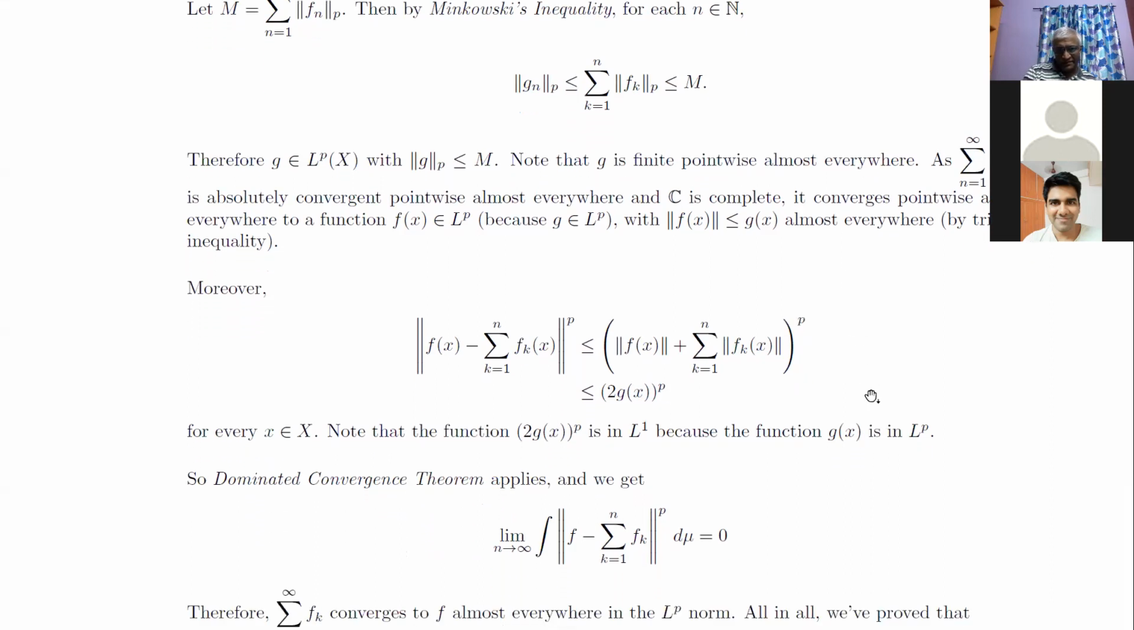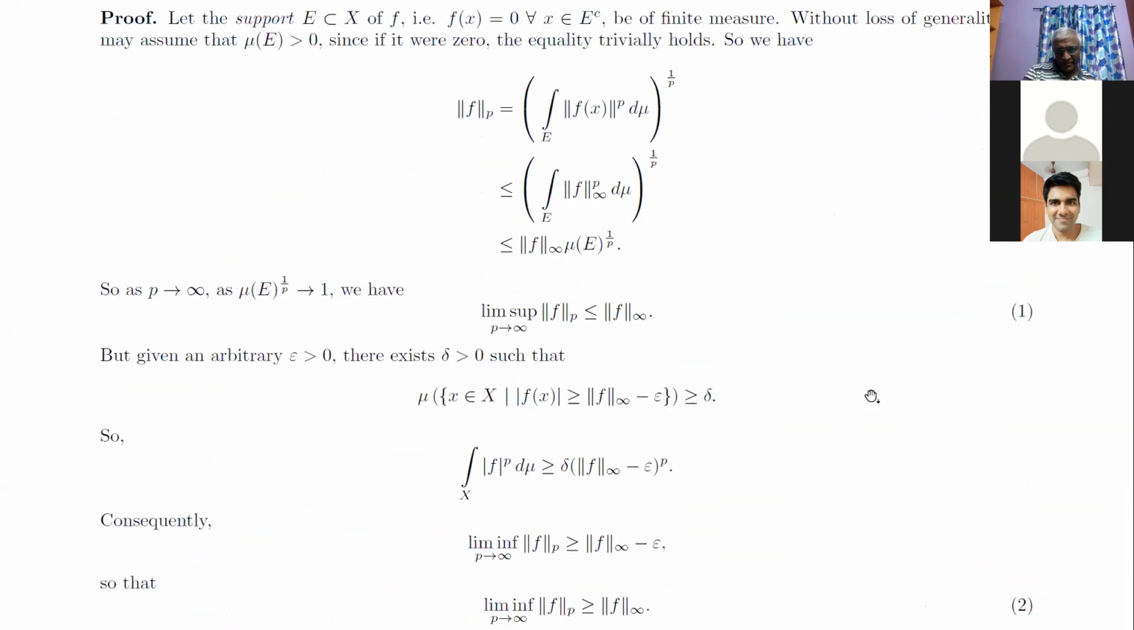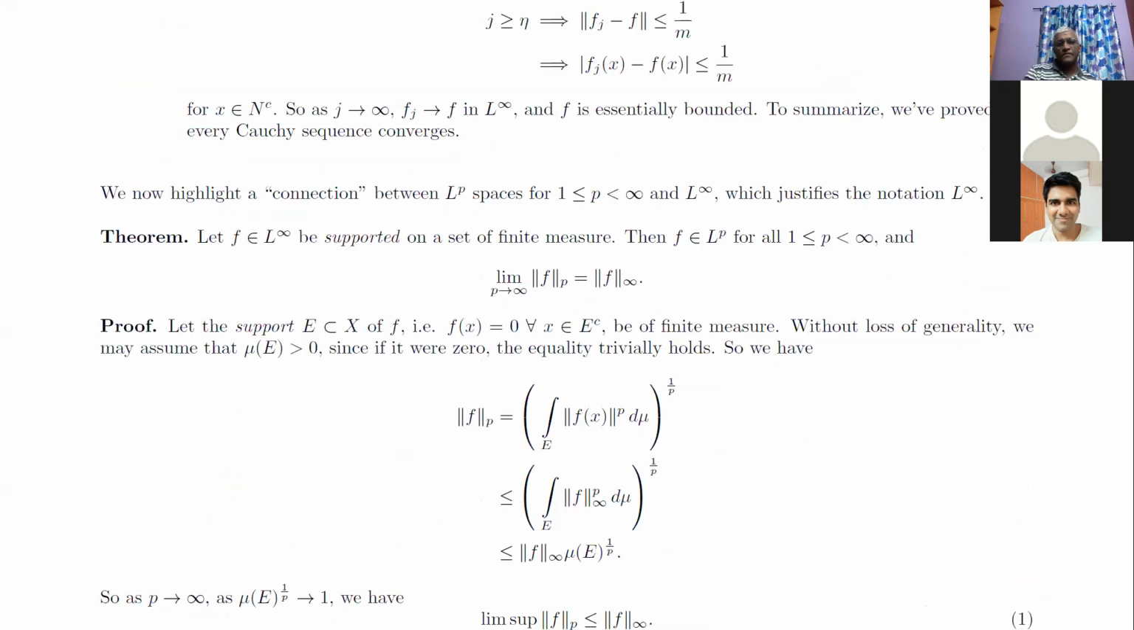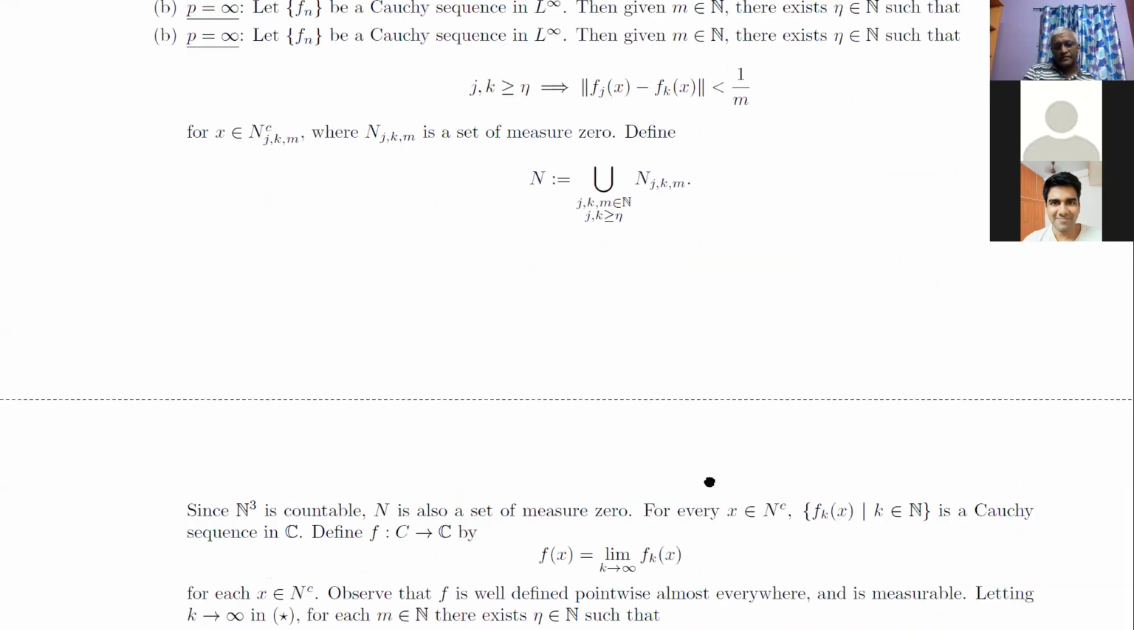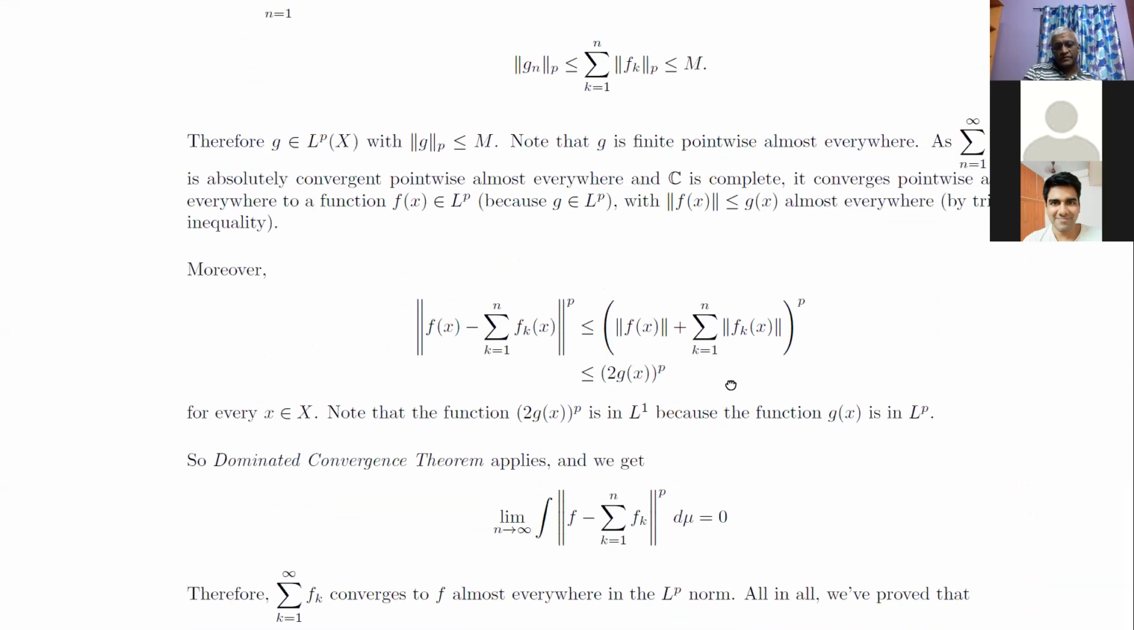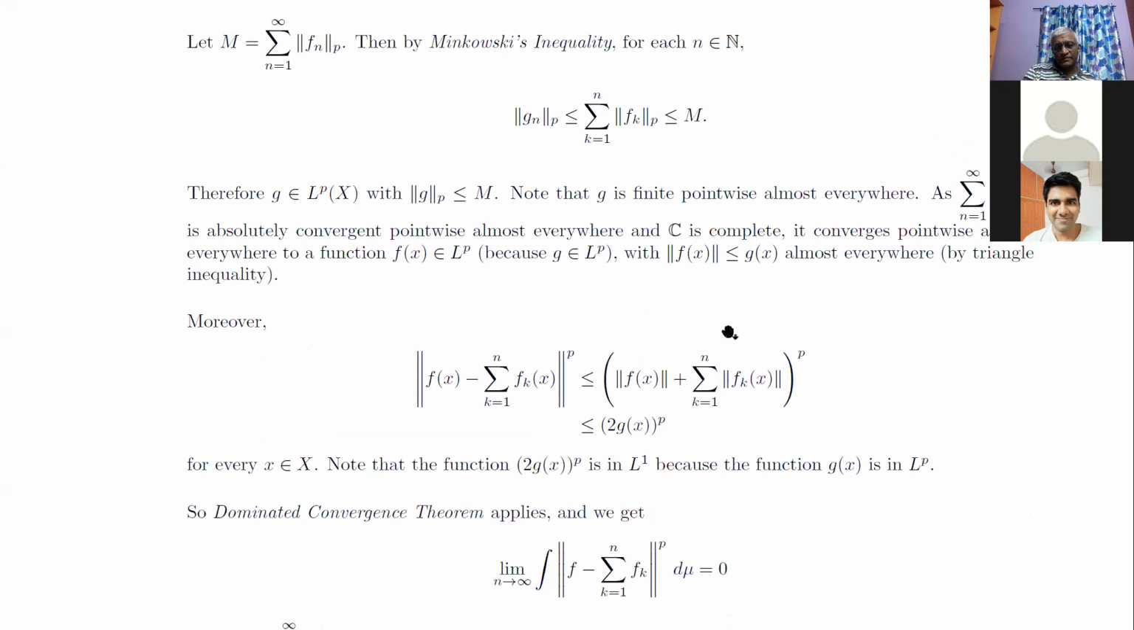So now it remains to show that it in fact converges to f, that is Fn in fact does converge to f. Sorry, my mouse is giving me troubles. Yeah, sorry. So let's